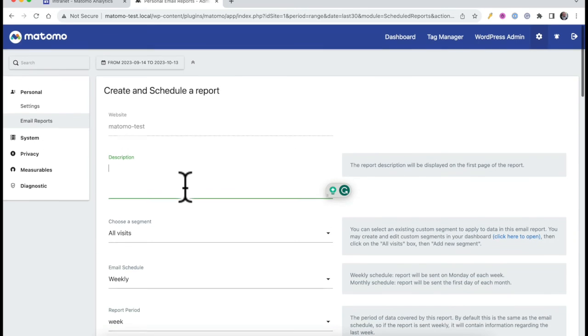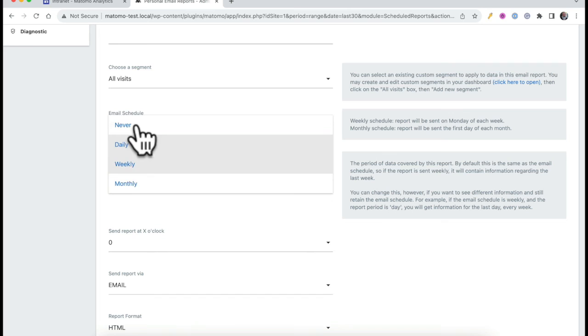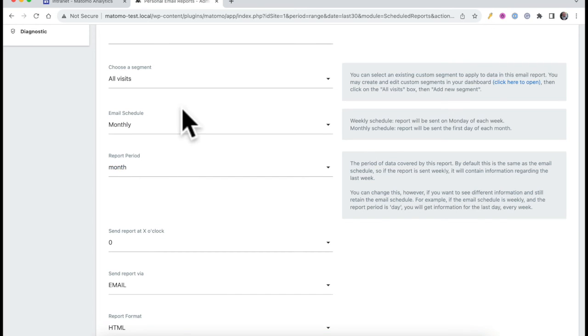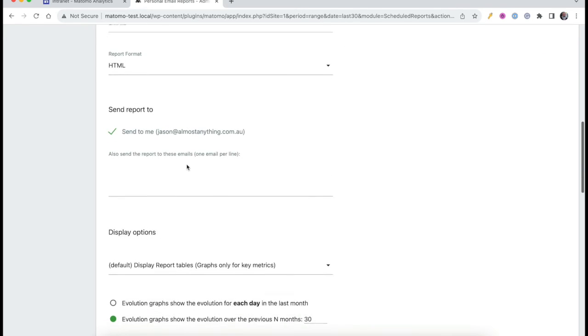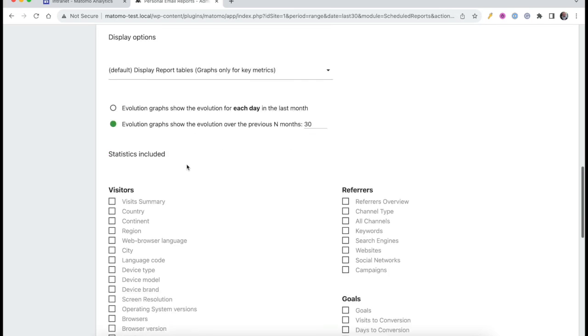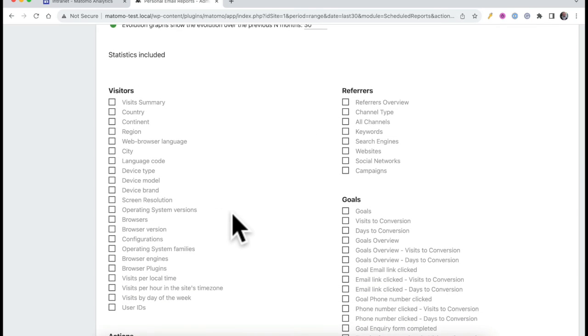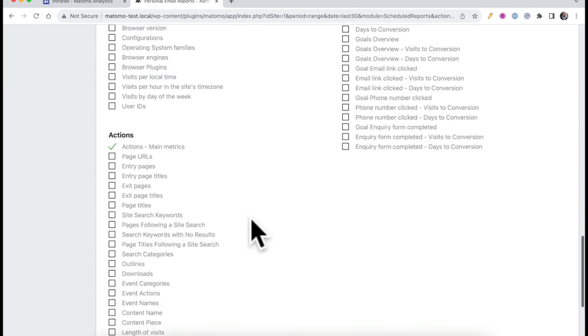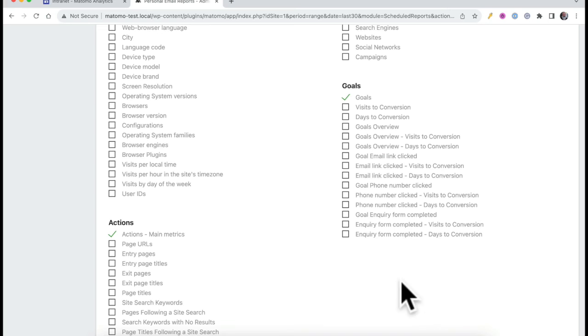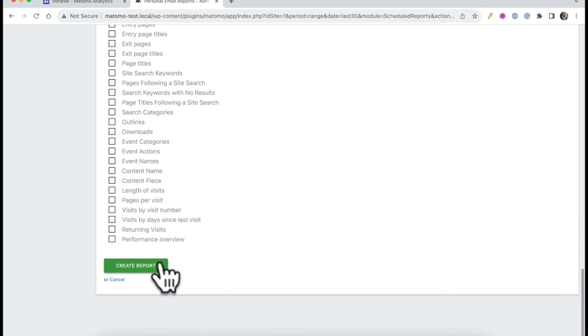Description is an optional field you can put in if you wish. I tend to think monthly is probably a better frequency for an email, unless you want it more, weekly or daily. That's up to you. The rest of that's fine. I would come down past all of those. All those defaults are fine. And then there's a bunch of different reports that you could send yourself. I tend to think for the most part, just the summary at the top of each one. If you had e-commerce turned on, there'd be an e-commerce section there as well. We'll just give you,